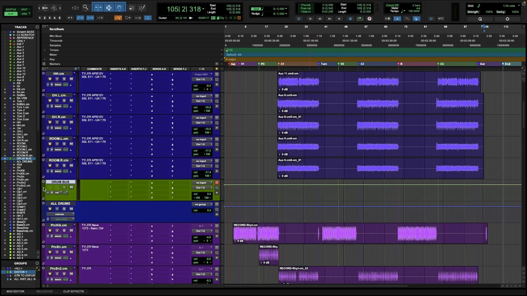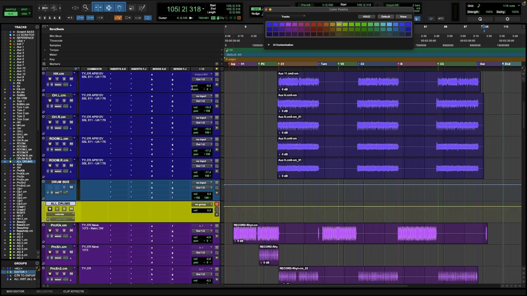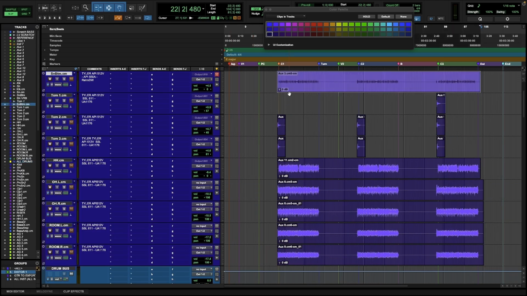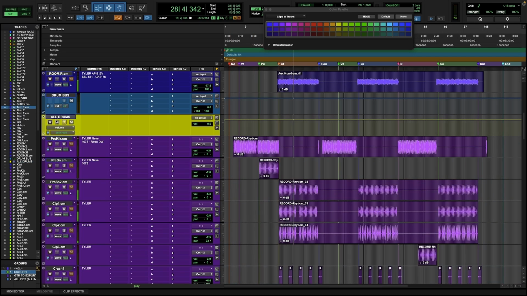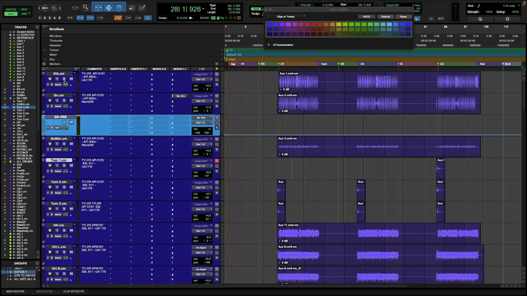All right, I always put my drum bus this color. You can put whatever color you want, but I color code everything. My VCAs are always that color. We're gonna group it so that when I hit this button, all the drums start playing. Right now, it's not grouped. So what we're gonna do, we're gonna send